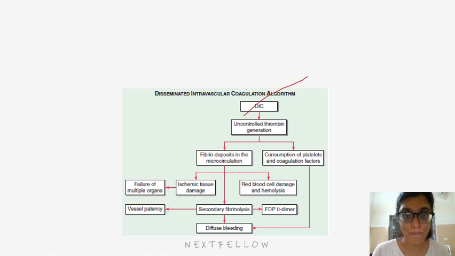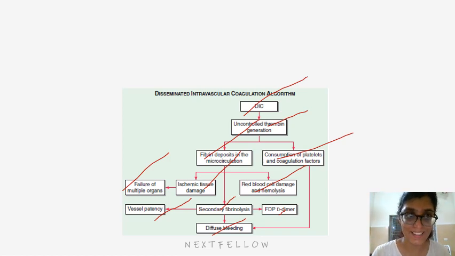So, in DIC, there is uncontrolled thrombin generation. There are fibrin deposits in the microcirculation, which lead to ischemic tissue damage and will ultimately lead to failure of multiple organs. Fibrin deposits will also lead to secondary fibrinolysis, which will affect vascular patency, causing diffuse bleeding, and there will be an increase in the fibrin degradation products. Fibrin deposits will also lead to red blood cell damage and secondary hemolysis. Now, uncontrolled thrombin generation will also lead to consumption of platelets and coagulation factors, which will ultimately lead to diffuse